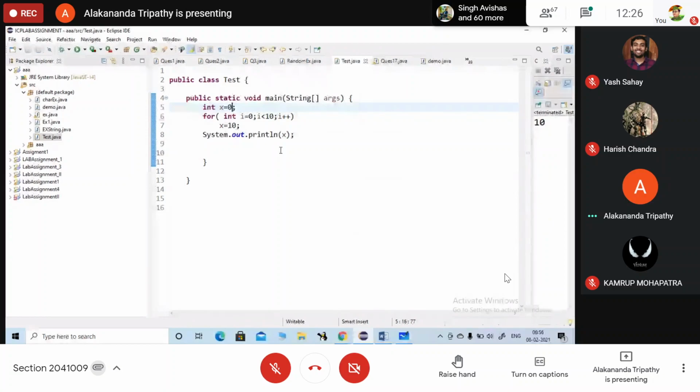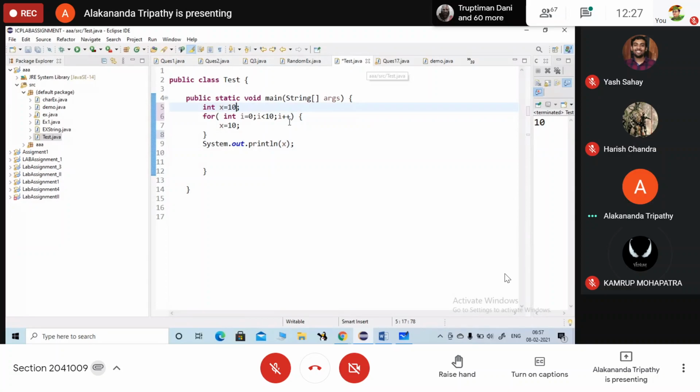Ma'am, what if, in initializing the variable, I just give it int x equals 10 from previously? So what should be the output then? Here the output will be 10.